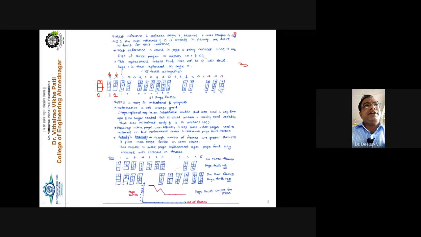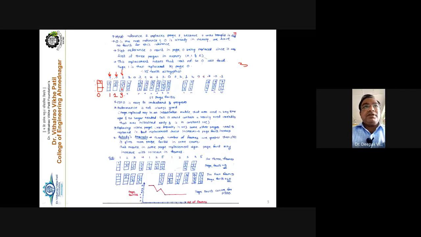Now the third reference is made to page number 1. See here, there are only 7 and 0, and there is no page number 1 here. So page fault occurs. This is nothing but your page fault number 3. And to recover from the page fault, page 1 must be brought inside the main memory. Yes, one frame is free, so you place that page inside the free frame. So now the page fault is satisfied. Here, all three frames are currently occupied and they contain the pages 7, 0 and 1. Now this is the structure with the 3 page faults.